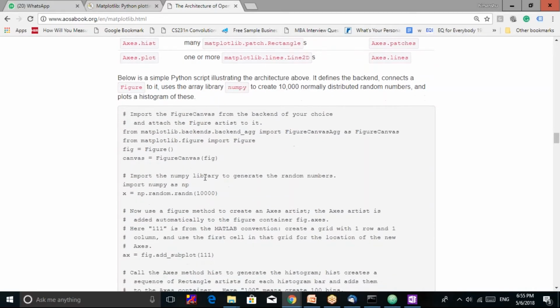Don't worry about the code, just try to understand it. I imported NumPy and I created 10,000 normally distributed random numbers. Now use a figure method to create an axis artist. The axis artist is added automatically to the figure container fig.axes. See this now. In this figure, I have the function called add_subplot,